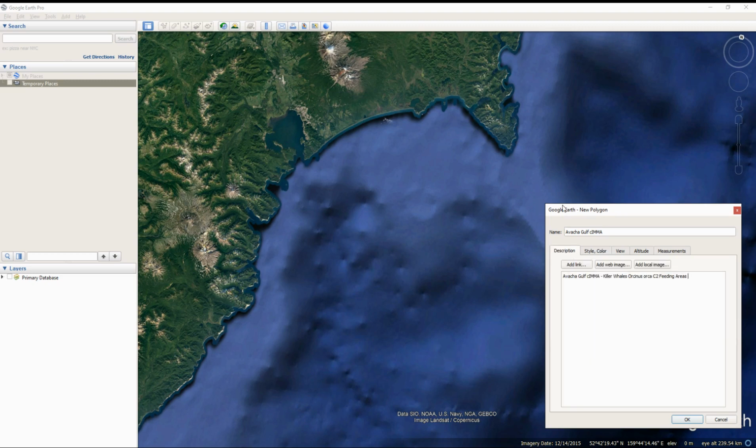So if we now move our cursor into the window where we have the map, you'll see a little crosshair or a little box with 4 tick marks around it. This will allow you to actually draw your area. So if we take this area at the far end of the Gulf and we click a left mouse button, you'll find that we've added 1 dot. We can then continue to click the left mouse button to continue with creating our area.